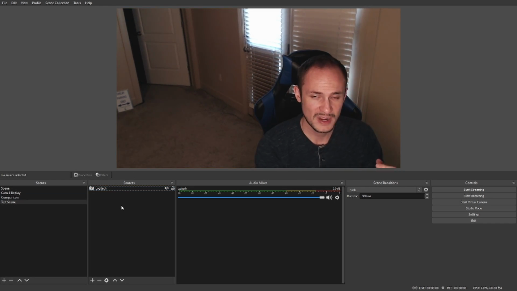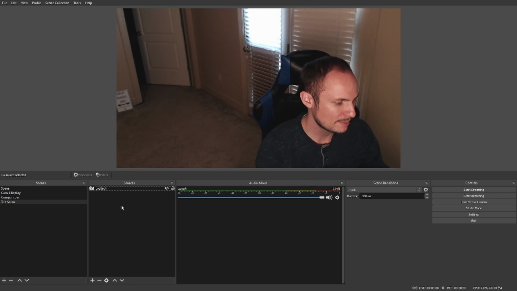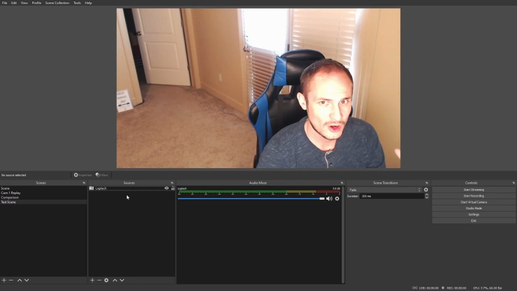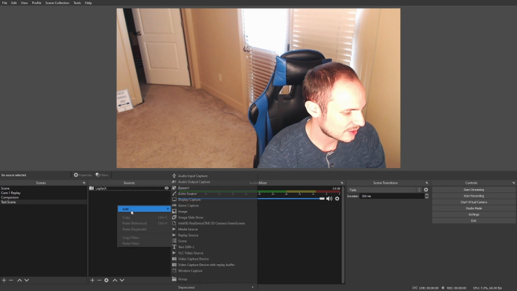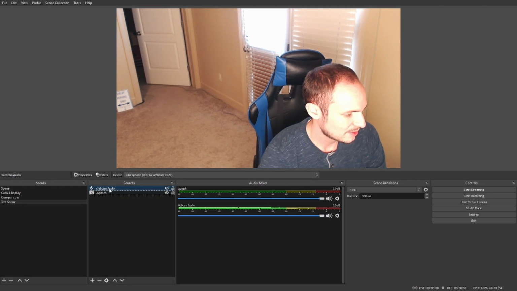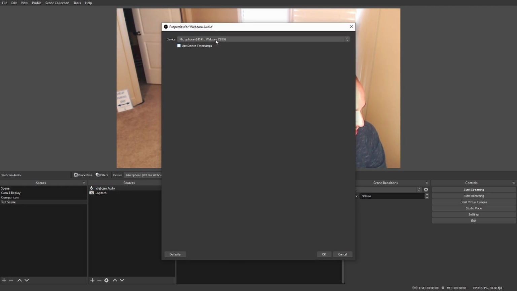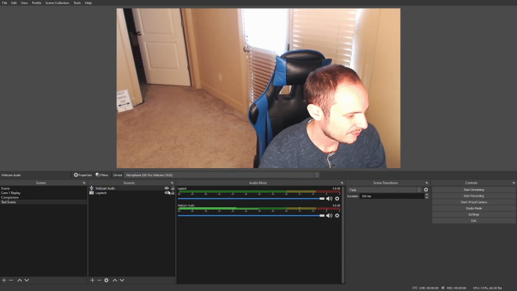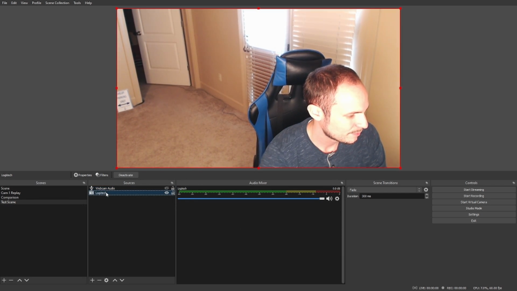Now in this instance, we've got audio that we can capture through our webcam. So there are two ways that we can add an audio source. We can either capture an audio input capture, which I already have one set up here, but we'll open this up. You can see we're grabbing the microphone from our Logitech device. So we can do it that way, or alternatively, if we just hide that for a moment,